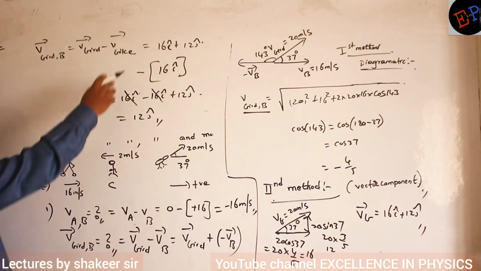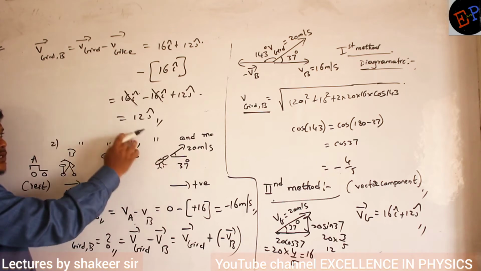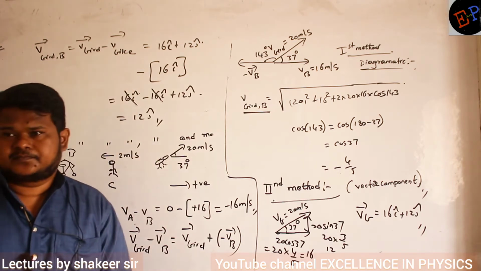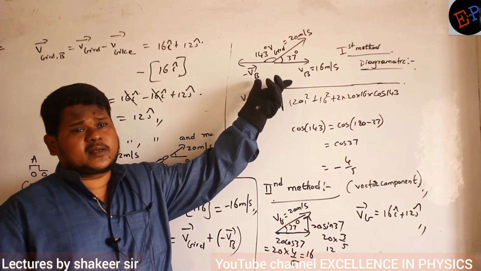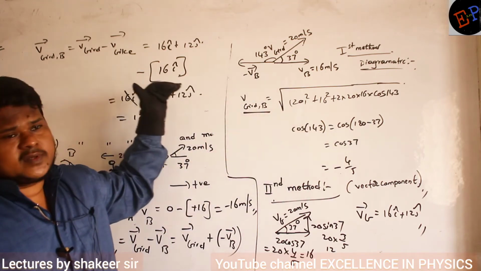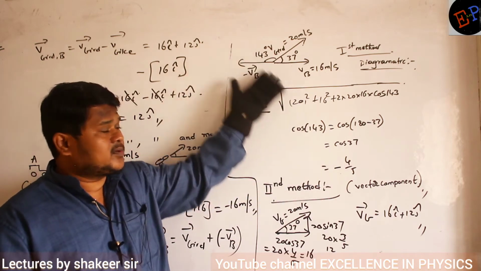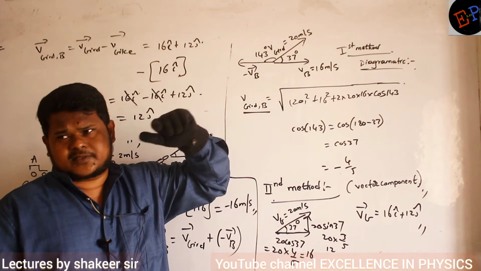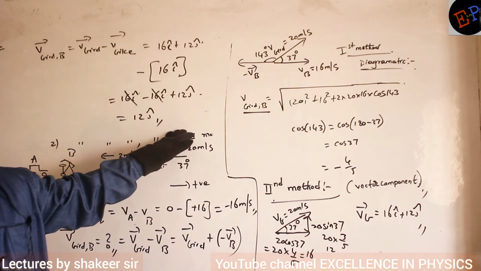It means to the observer on the bike, bird appears to be traveling in upwards direction with a speed of 12. That is the meaning of this. So what is the first method? First method I have taken diagrammatic method. I have drawn the directions of the velocities and I have taken the negative velocity of the observer and I have done the calculation. Here you cannot get any idea about a direction. Or again here you have to draw one more vector, then you can take the directions. Clear? But here I will get a very good idea about directions also.